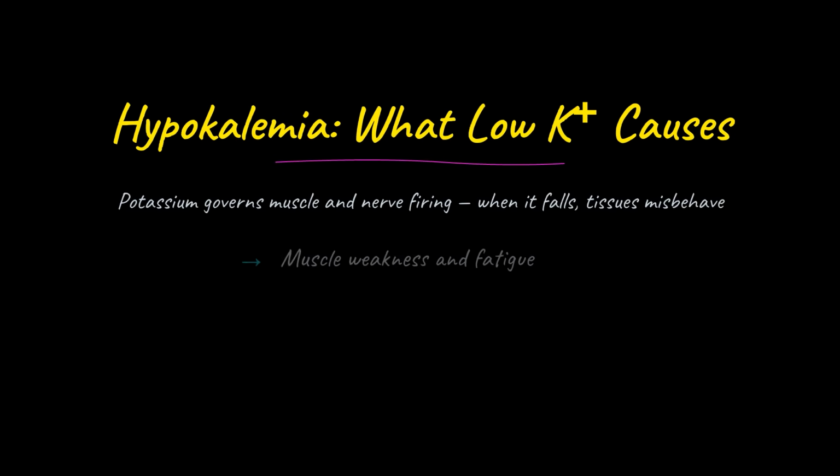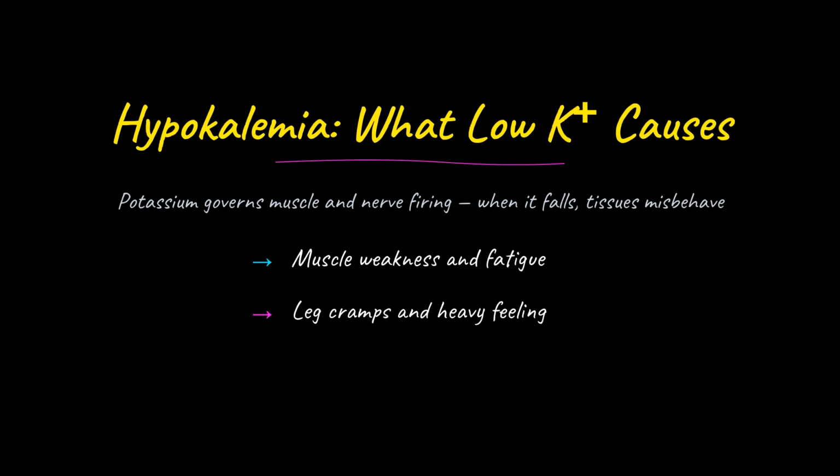Over time, the steady trade drains the body's potassium and produces hypokalemia. Potassium is what muscles and nerves depend on to fire and relax in rhythm. Early hypokalemia announces itself as muscle weakness, fatigue, and leg cramps. Left unchecked, falling potassium can disrupt the heart's electrical rhythm and cause dangerous arrhythmias, which is why those early muscle